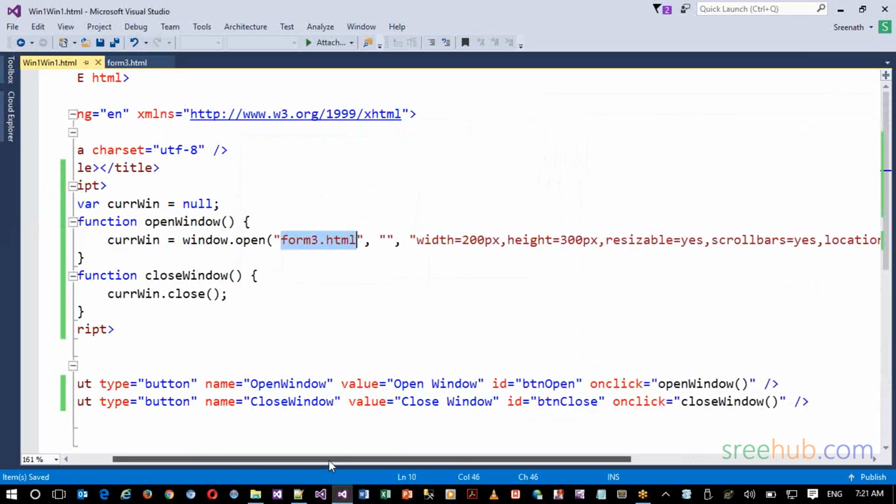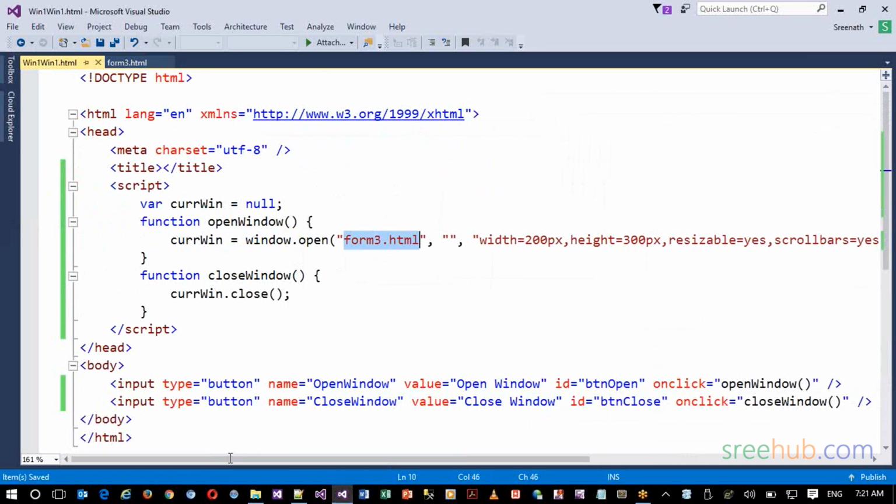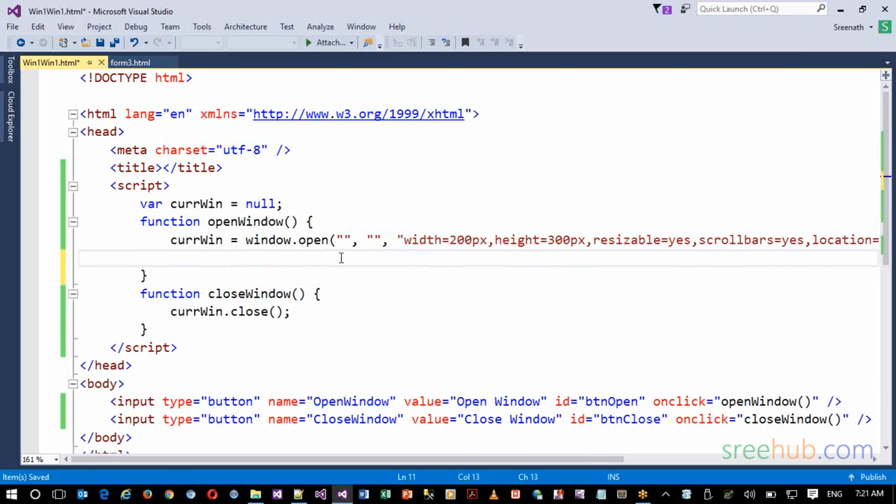Now, for instance, sometimes we will get a requirement that we don't want to open any existing form, but I want to create a new form, open up a new window and just show a message. So in that instance, just remove this specific resource or URL given. Let's say, for instance, I want the remaining stuff. So here what I'll do, I'll say current window,